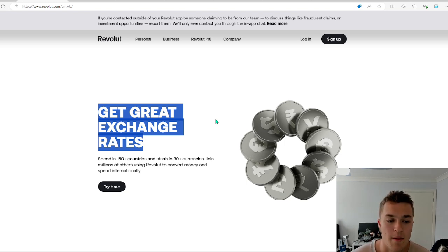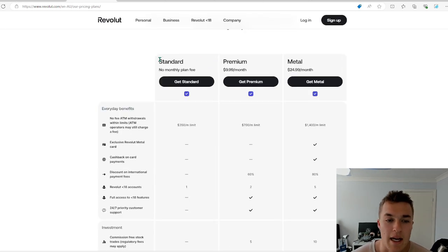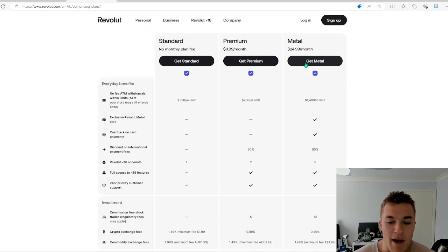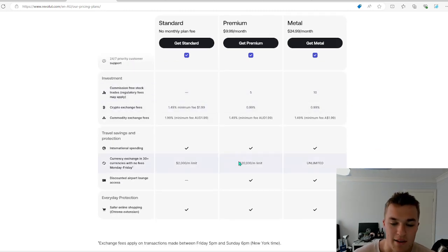It does have some good functionality. I can see this improving over time. To be honest with you guys, as more things are released, if they can improve some of their fees and things like that, perhaps I could see this being quite valuable. But at this point in time, I'm only personally using Revolut for travel purposes. I wouldn't be considering any of their plans, not at this point in time. Maybe if I was someone who did lots of currency exchange, lots of travel, perhaps you could consider it. But at this point in time, not for me.